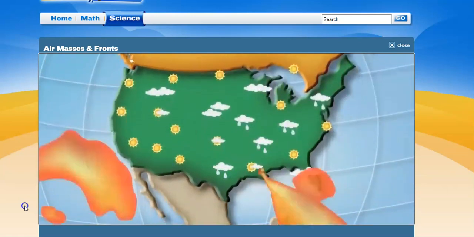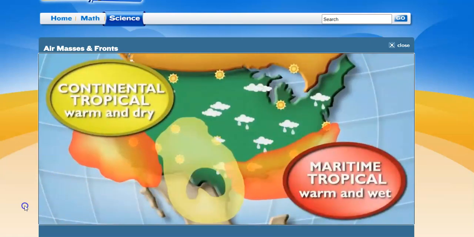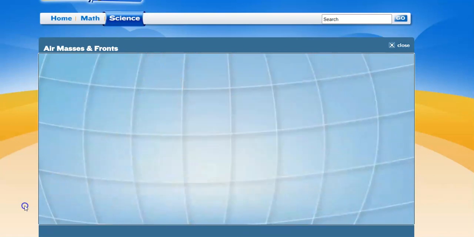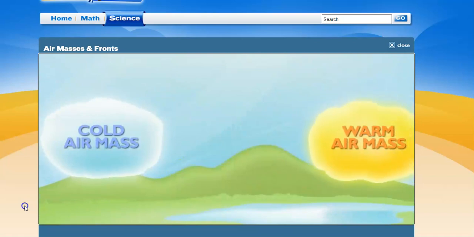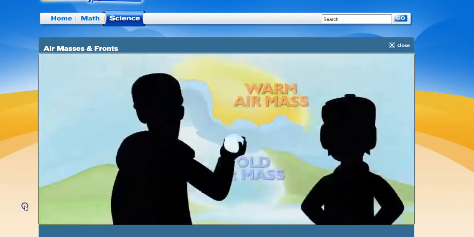What about the two warm air masses? The two warm air masses are called the maritime tropical air mass and the continental tropical air mass. So which ones can I thank for the snow day? It snowed because one of the cold air masses clashed with a warm one and made a cold front.